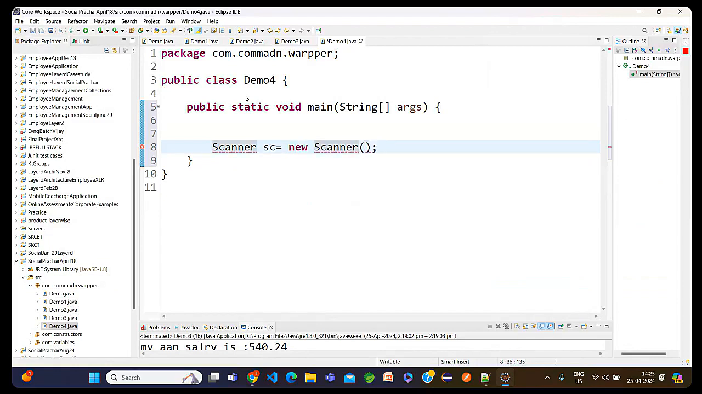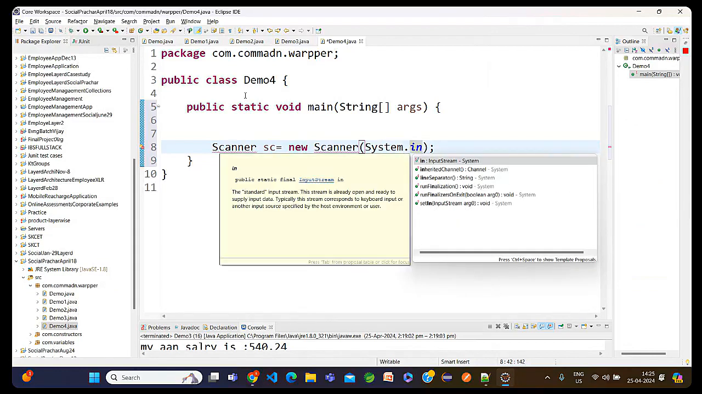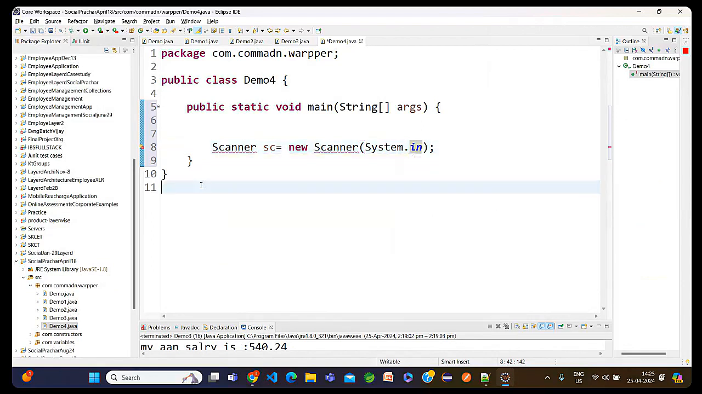ఓకే, ఇది ప్రీ డిఫైన్ క్లాస్ కాబట్టి మనం ఆబ్జెక్ట్ క్రియేట్ చేయాలి. ఎందుకు ఆబ్జెక్ట్ క్రియేట్ చేస్తామంటే నెక్స్ట్ మెథడ్స్ యాక్సెస్ చేసుకోవాలంటే ఈ ఆబ్జెక్ట్ కావాలి. సిస్టమ్ డాట్ ఇన్. ఓకే, వీ ఆర్ గెటింగ్ ఎర్రర్. ఎందుకు ఎర్రర్ వస్తుందంటే డెమో 4 అనేది నేను క్రియేట్ చేశాను, కానీ స్కానర్ అనేది ఆల్రెడీ డిఫైన్ చేసి ఉంది,